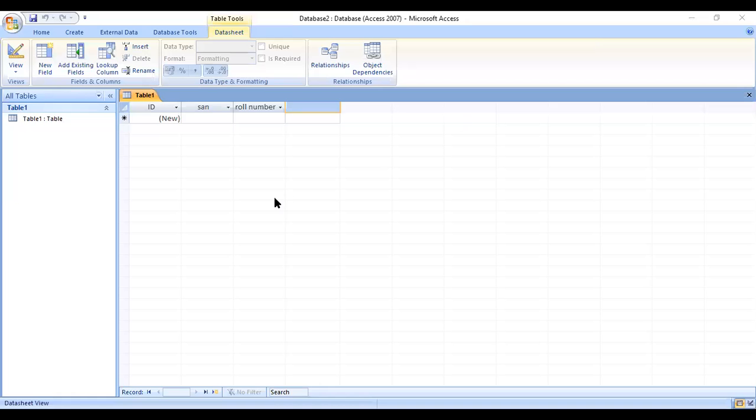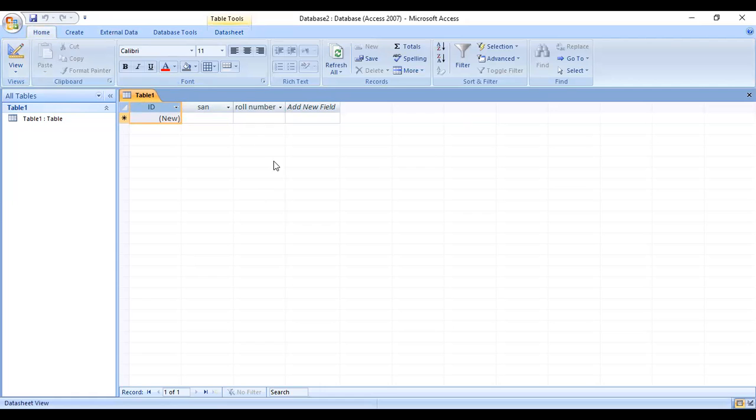So students, now we are going to learn the various operations on a field. So what is a field? Is it a row or a column? Field is column wise, like roll number, ID, all these are fields. So we call it a column, right? So how can we add a new field? First, we have to go to navigation pane and choose Design.